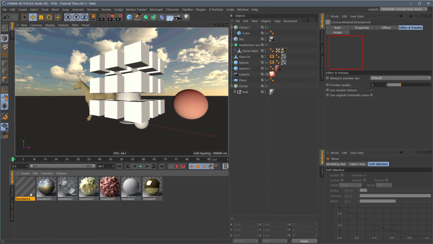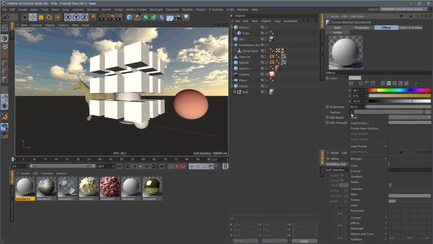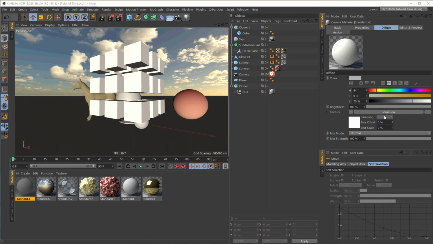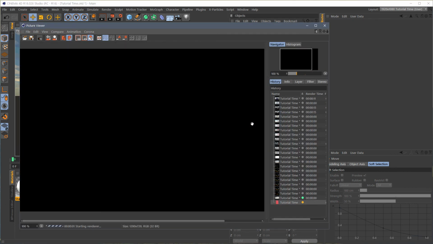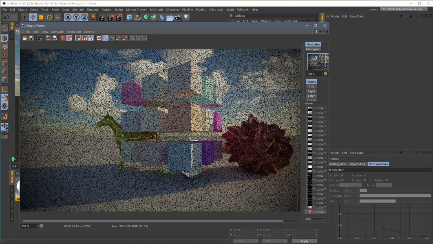So if I bring in a new shader, and under my diffuse channel, go under effects, and bring in the variation shader, just plop that into the cloner, and we do a render, you will see that the variation shader is fully supported inside of Corona